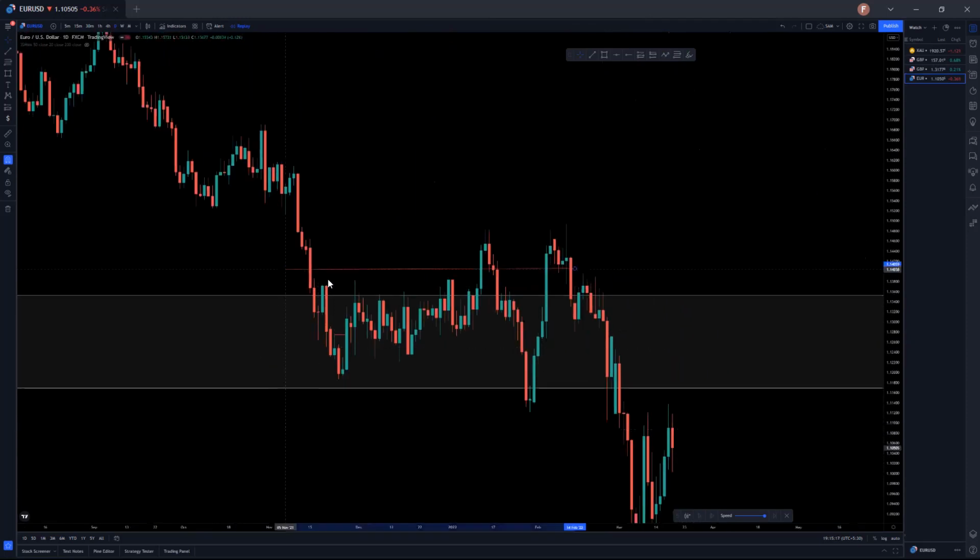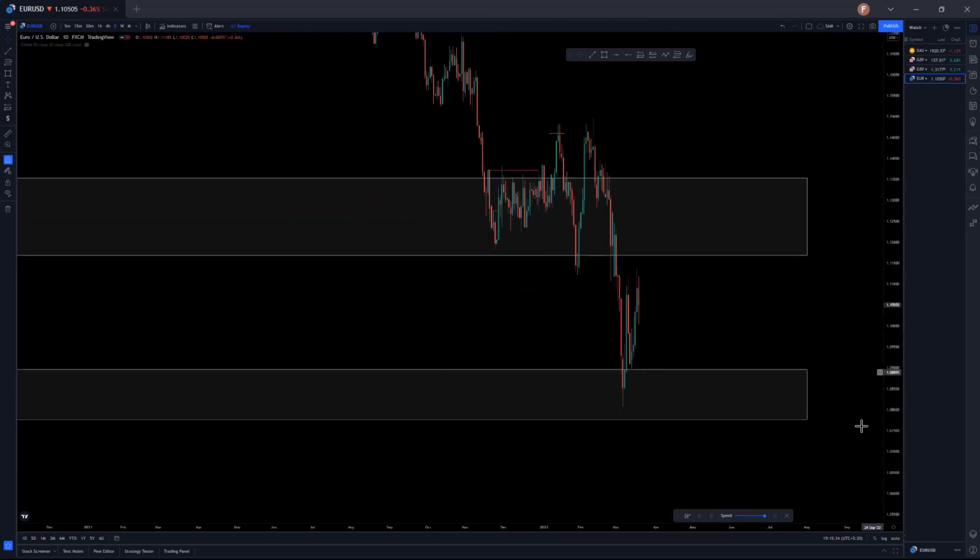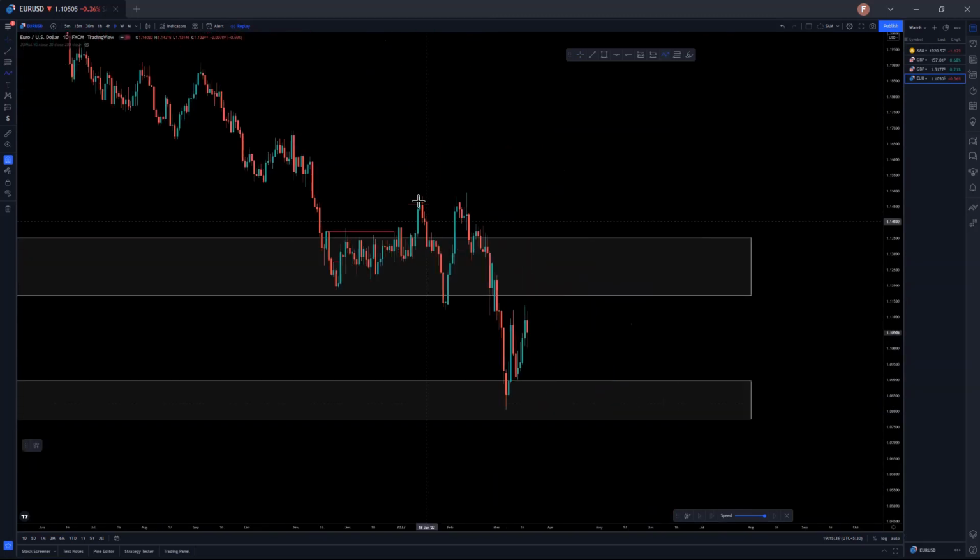So for the daily, this was the, all right, price wicked into it but closed above. So once it's closed above, you can say, all right, we can take a little bit of longs. Then if you took longs, that was good, and price then continued its direction, because as I told you, at least you need two break of structures.